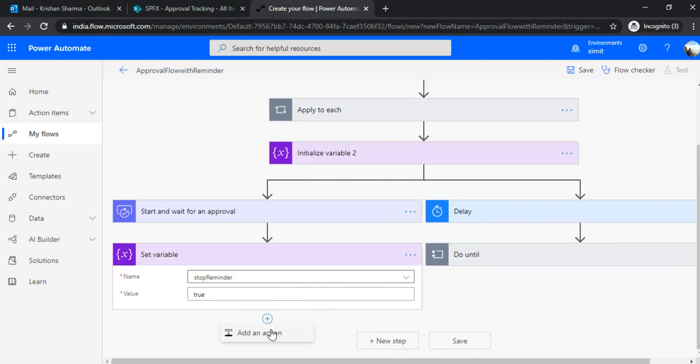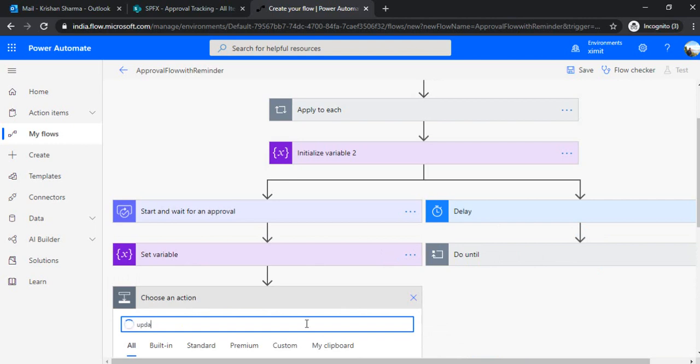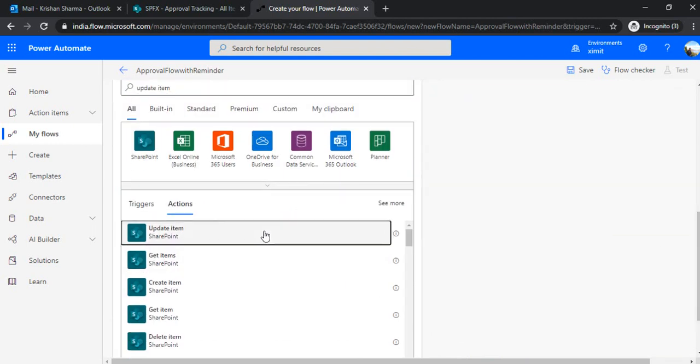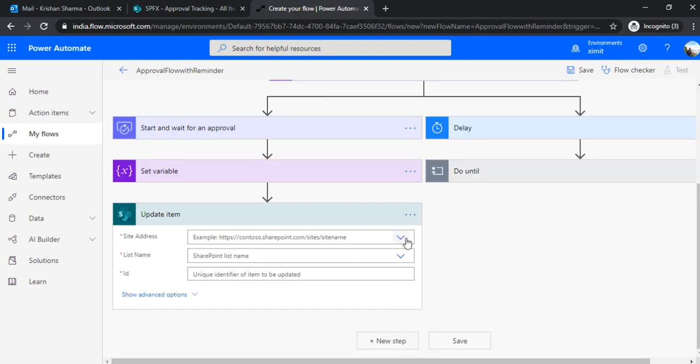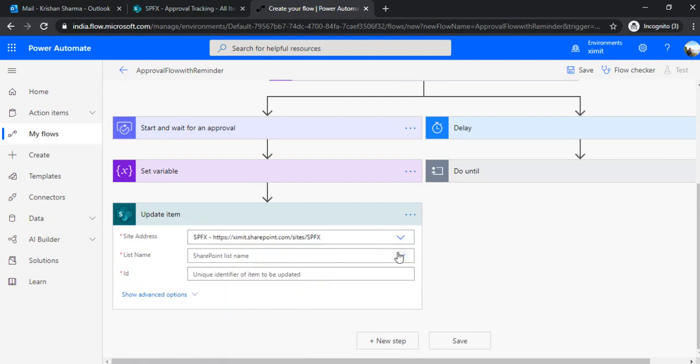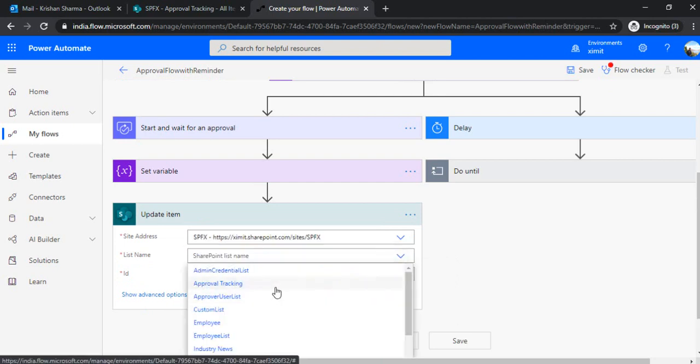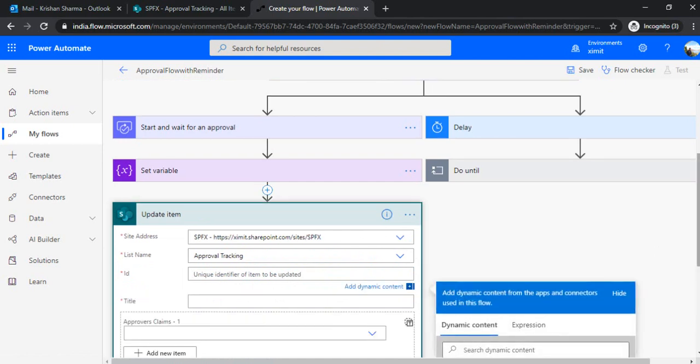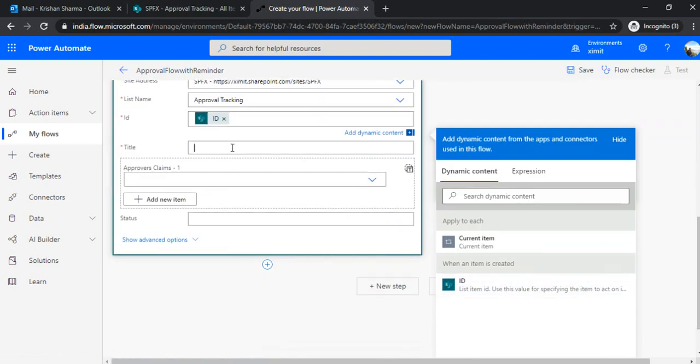And as a final step, we will be setting the status column for this item, so what action has been taken by the approvers. I'll just set up the connection as my same list. Under the ID, I'll pass the ID of this item.